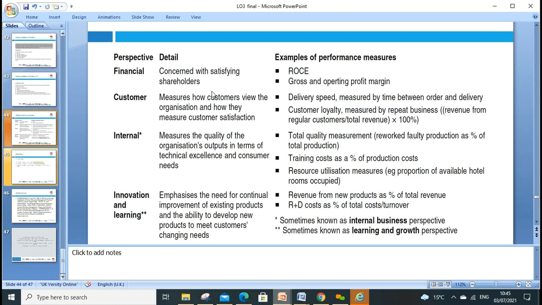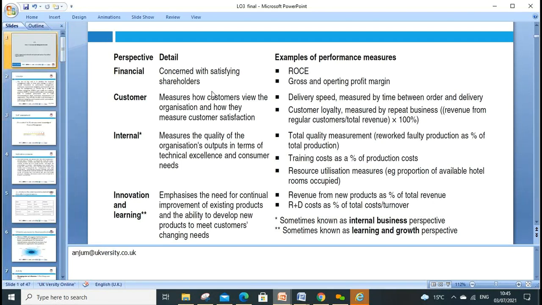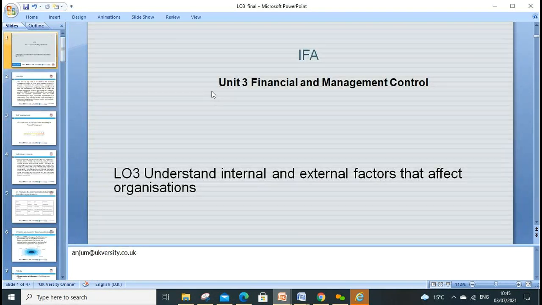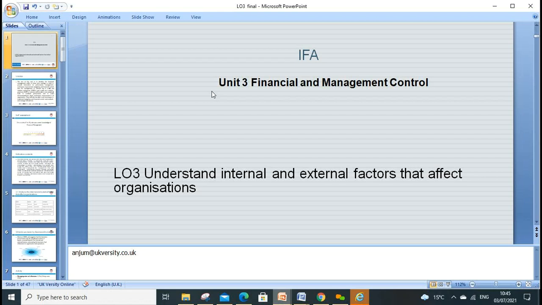That's all for today. This was all about learning the performance. Any questions? Whatever we discuss, we need to keep in mind our major learning outcome: internal information and external factors, which is called the microenvironment. That's all for today.